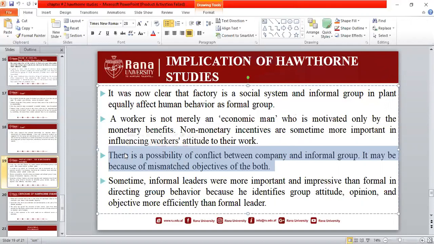Now we meet informally, we go. So sometimes informal leadership influences the organization hugely, more than the formal leader. But one thing make it clear that every